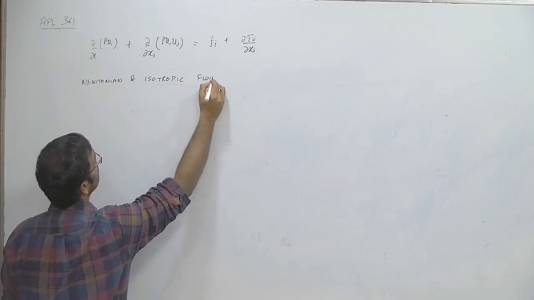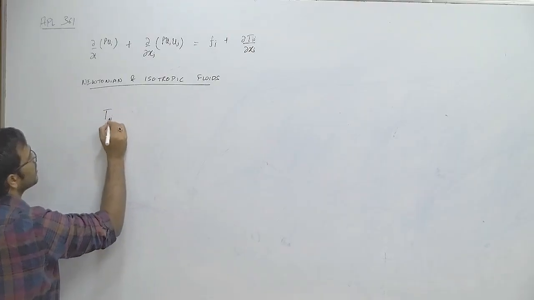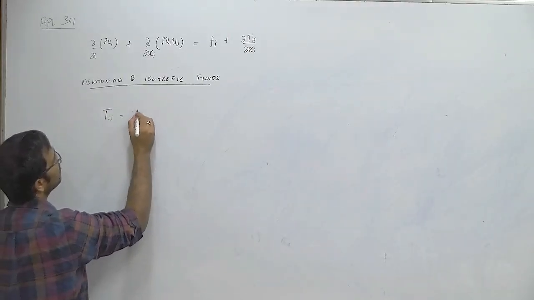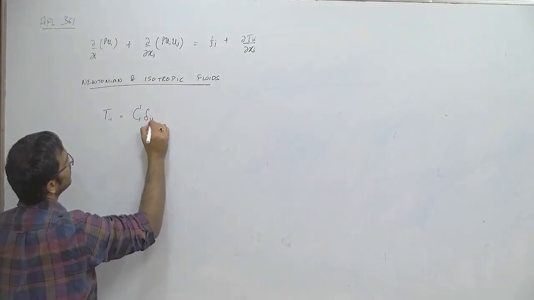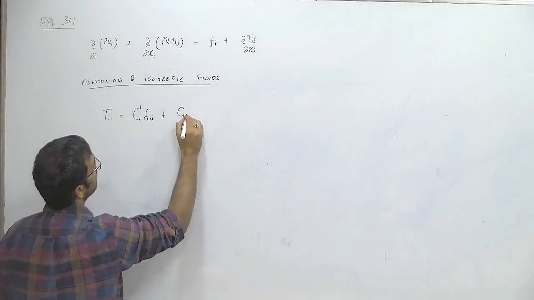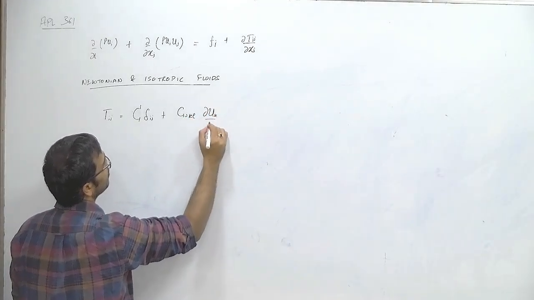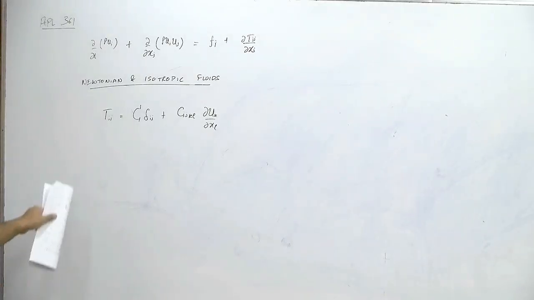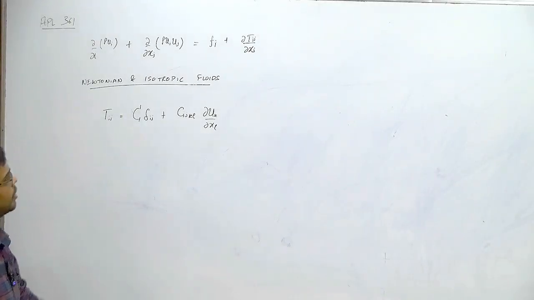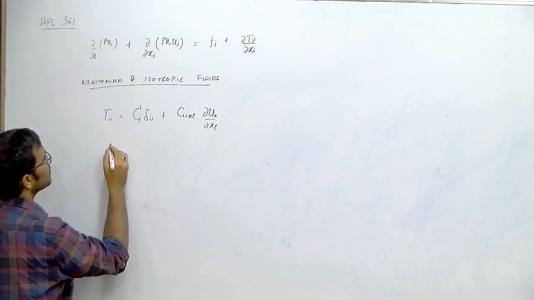Fluids. So what this means is that the Tij is actually some constant, let us say capital C delta ij, plus Cijkl, and then we had written del uk over del xl. Okay. So this is the definition of a Newtonian fluid. Okay. When we make the imposition that it has to be isotropic as well, in that case we can write